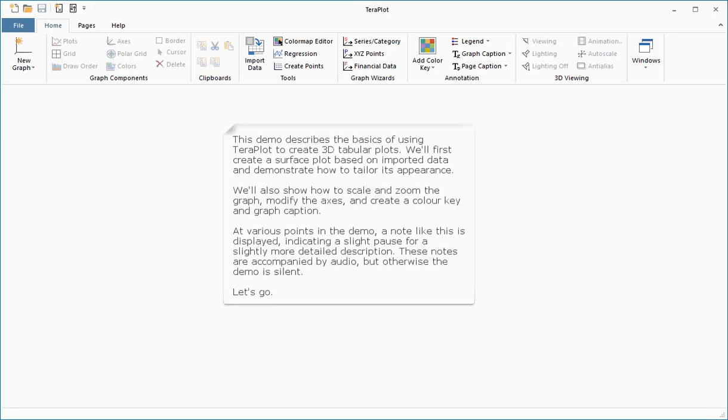This demo describes the basics of using TeraPlot to create 3D tabular plots. We'll first create a surface plot based on imported data and demonstrate how to tailor its appearance. We'll also show how to scale and zoom the graph, modify the axes, and create a color key and graph